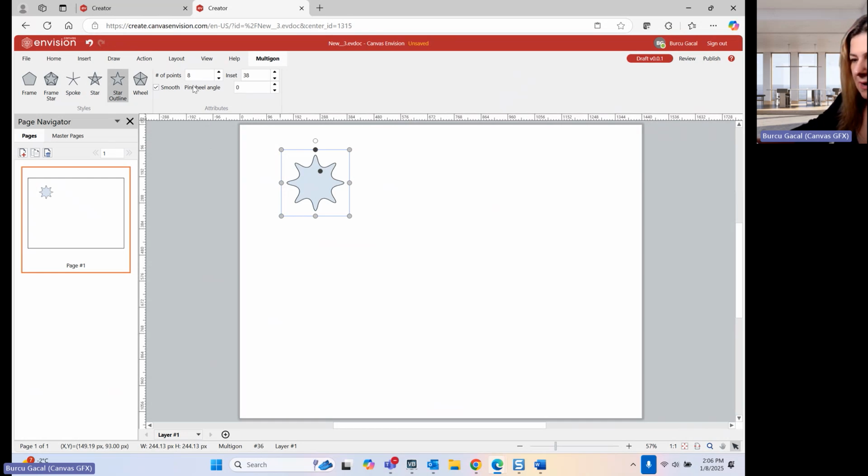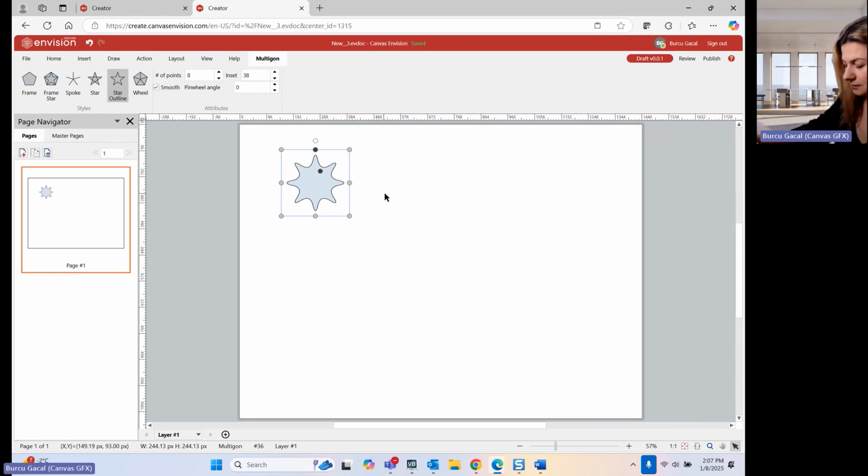It's pretty cool. Again, especially for safety symbols, any kind of logos, any kind of specific shapes that you wanted to create that you don't have the vector objects for. And even if you do have the vector objects, you can bring them to Canvas Envision as CGM or SVG file formats. And then inside of Envision, you can modify these objects using these types of drawing tools as well